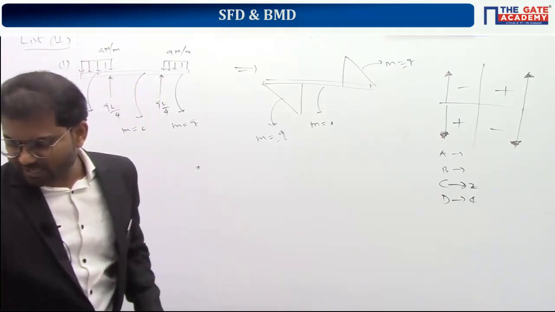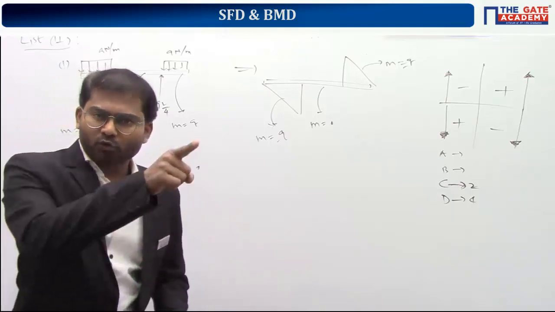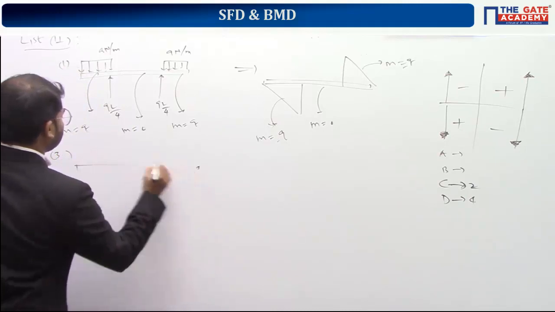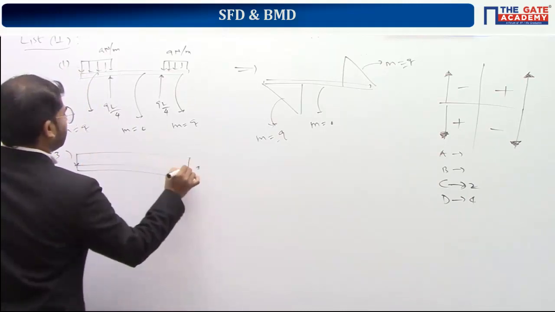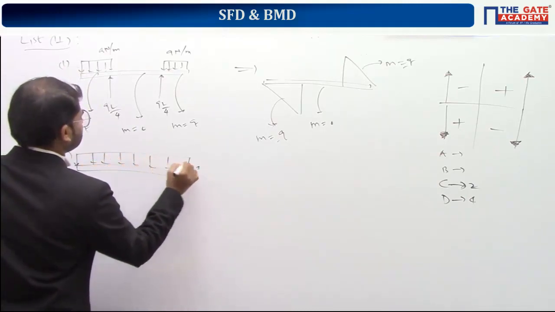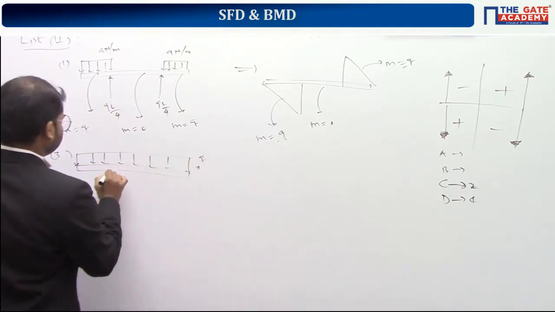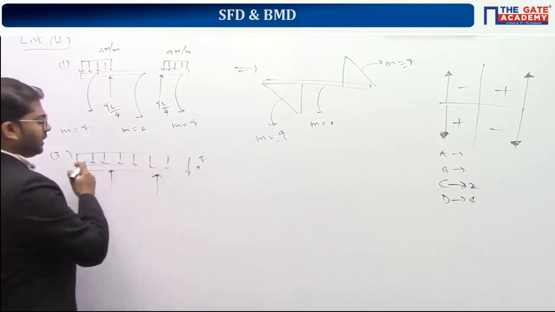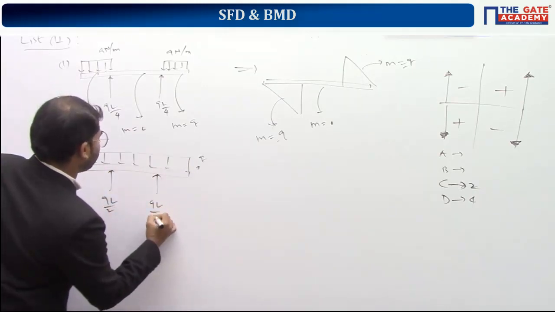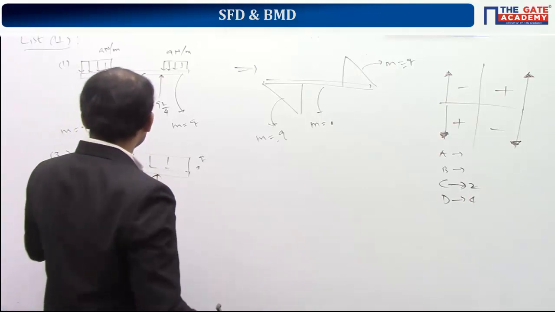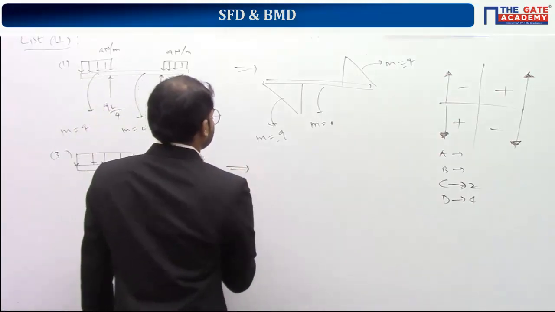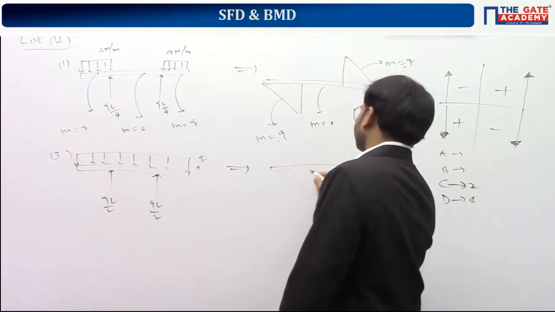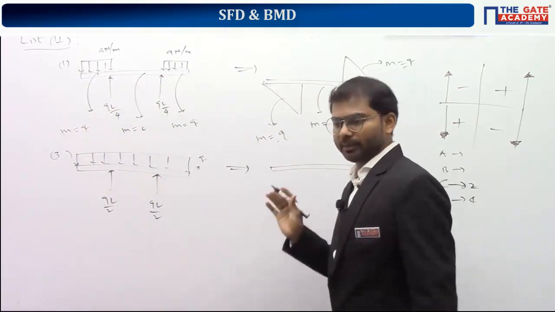In the same way, if you see the third loading condition, throughout the length of the beam the intensity is equal to Q only. You have the reaction force on the bottom side here. So obviously total QL by 2 will come, because symmetry is there. So throughout the length we have intensity as Q, so throughout the length of the shear force diagram, the slope should be Q only.